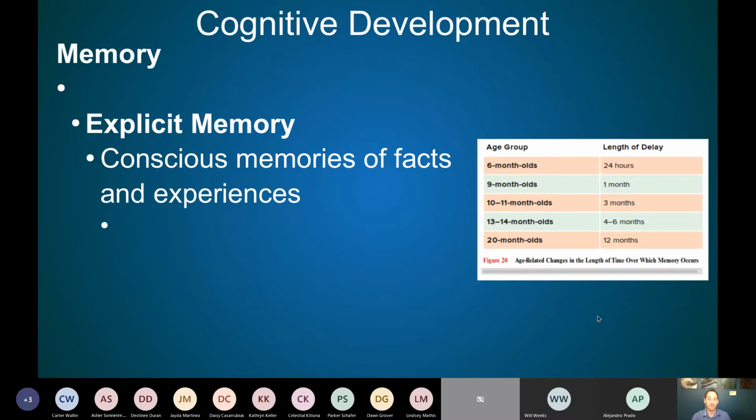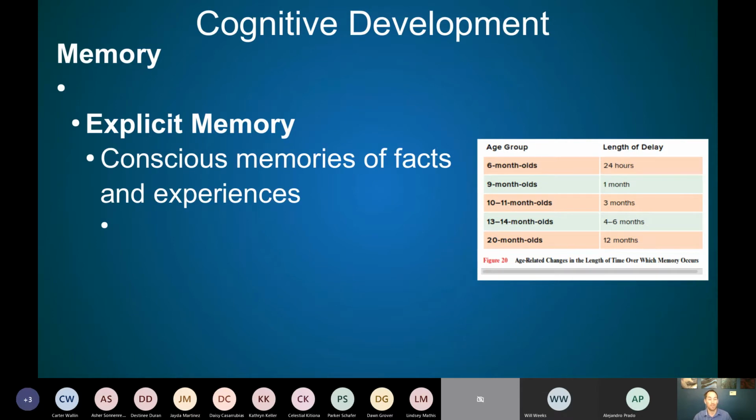And it increases as we grow older too. Again, it is very difficult to do research on young children. Their language capacity isn't high enough yet that you can really talk to them a whole lot. So a lot of this is based on things like visual preference methods. So it is hard, and it's definitely correlational data, but it seems that 6-month-olds can only remember in their explicit memory about the last whole day as whole episodes.